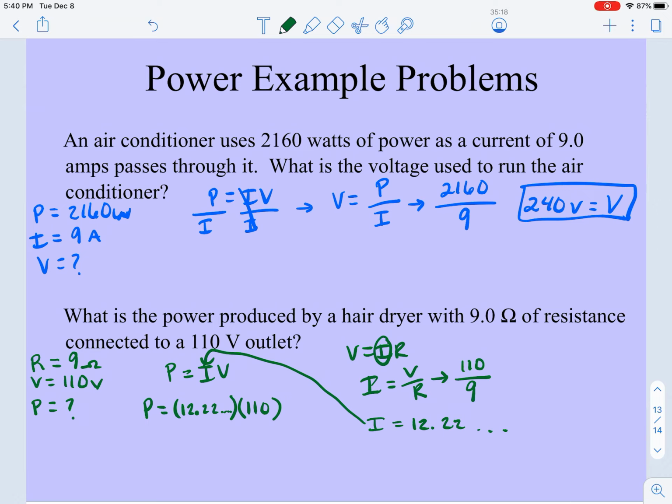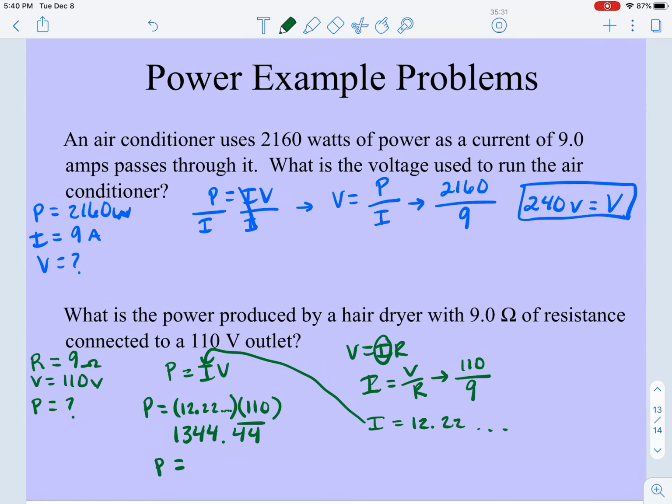I'm going to take that value and substitute it in over here so that I can perform my power calculation. So 12.2, if you're doing this as a two-step problem, be sure to use that answer button so you get all of those repeating decimals, times my voltage of 110, which is going to give me 1,344.4, and those fours just keep on going. So power is equal to 1,000